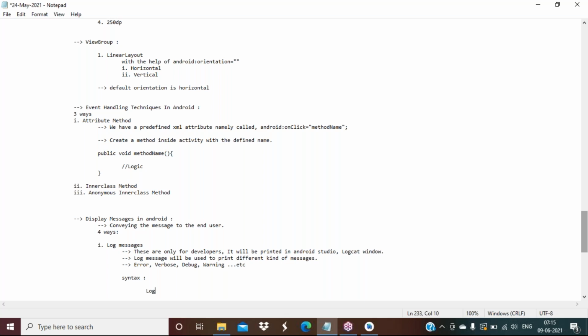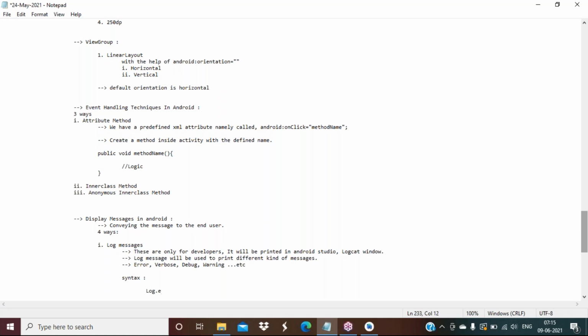If you would like to write an error message, it will come in red color, so you can write E. If you would like to write verbose, the message will come in black, V. Debug will come in blue, D. If you would like to write warning, orange color, W, like that. So whichever one you want to choose, that one you can write.